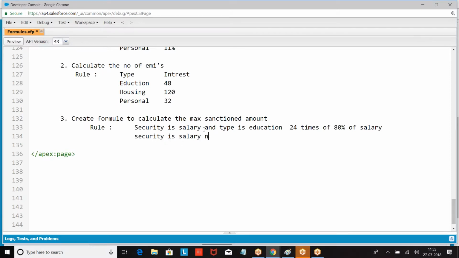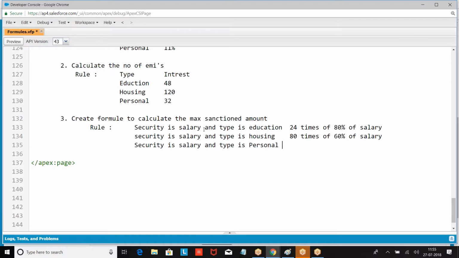Security is salary, type is housing, then 80 times of 60% of salary. And type is personal, then it is 20 times of 40% of salary. If asset, then 60% of asset.